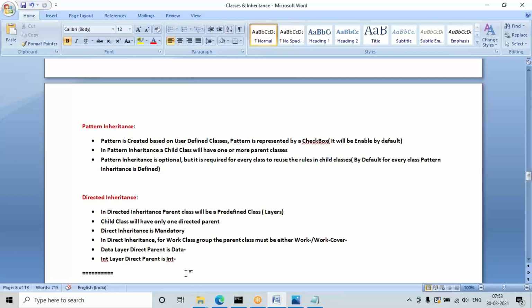For the past 15 years, these class types and inheritance types have not changed between versions. In any version you work, this structure and these types will commonly be there in every application. The only thing is your organization and region names may be different. Apart from that, this class layers pattern, class types pattern and inheritance types pattern will never change in any organization and any application in Pega development.